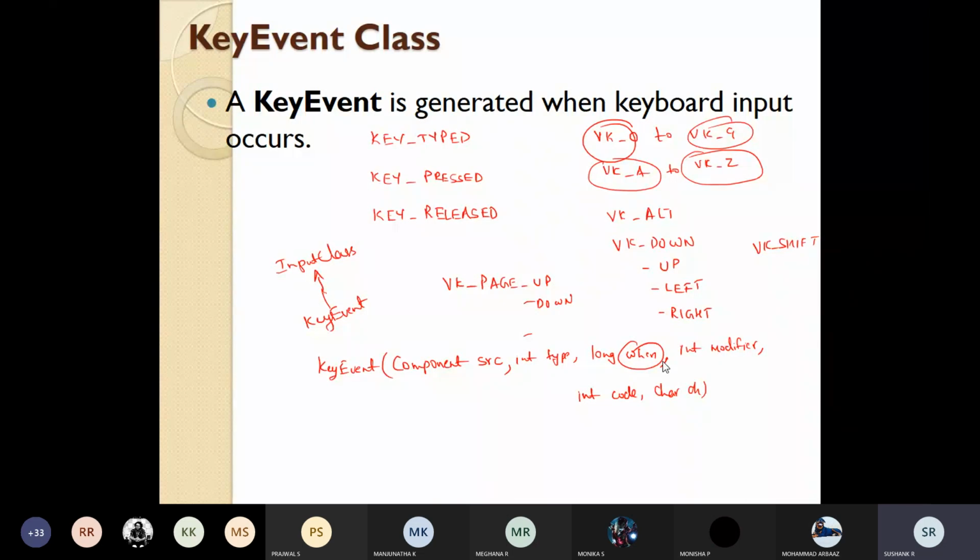And what does the character ch mean? The character equivalent will be passed in this parameter called ch. If we have the character equivalent, we'll pass the character equivalent.